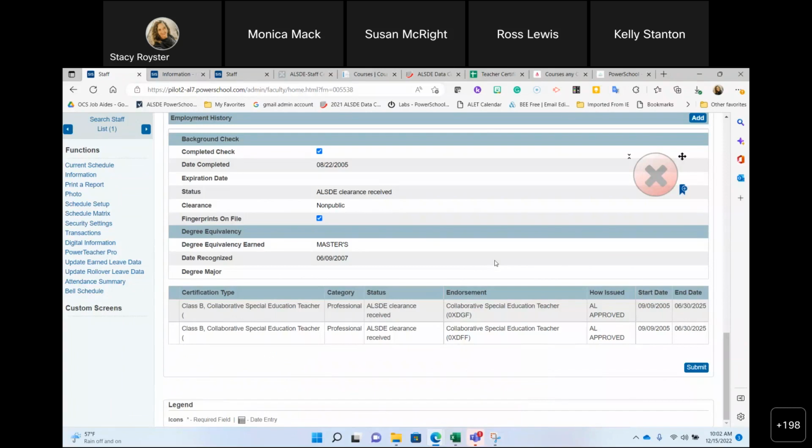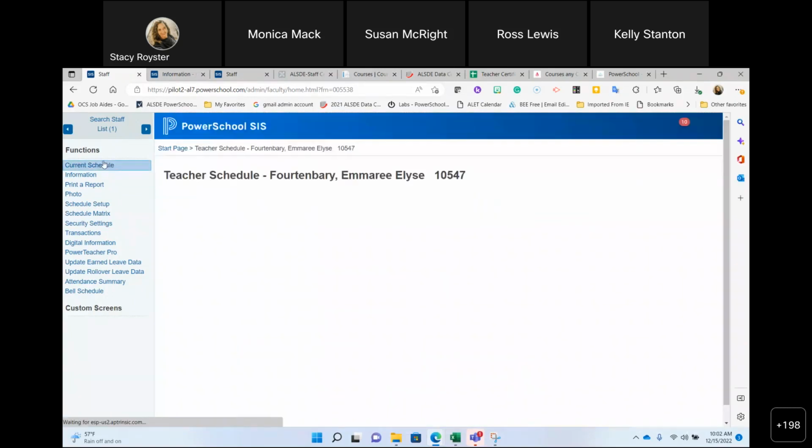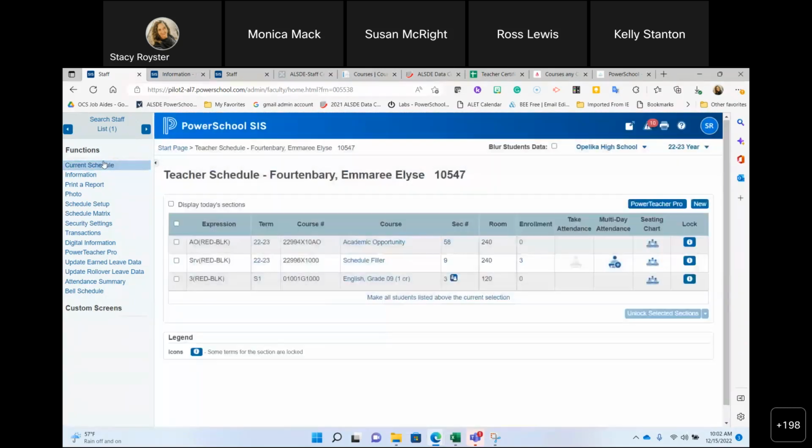So if I wanted to go look at the schedule, if she is doing a true push-in collaborative model, then this is what I would expect to see a schedule for that teacher to look like. So she is special ed collaborative in this English grade 9 class. So if I click on this section number,